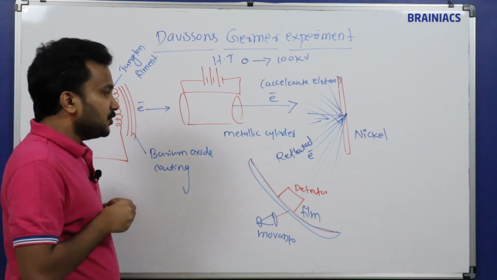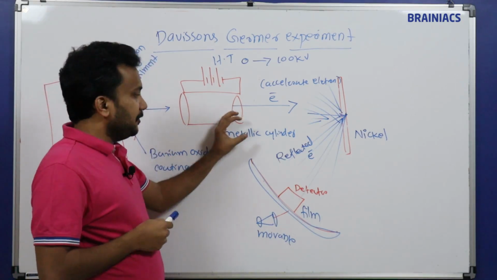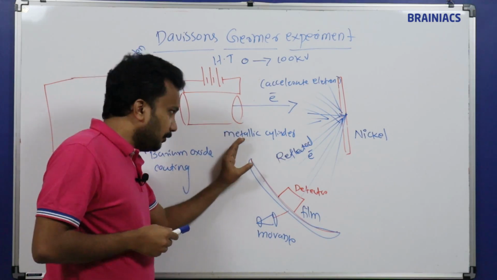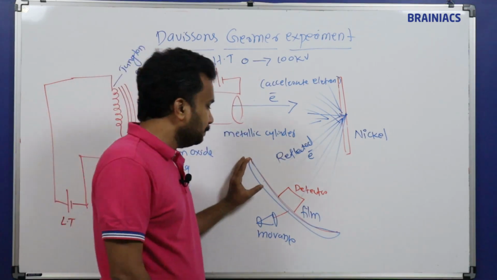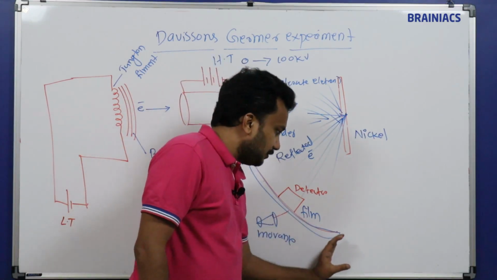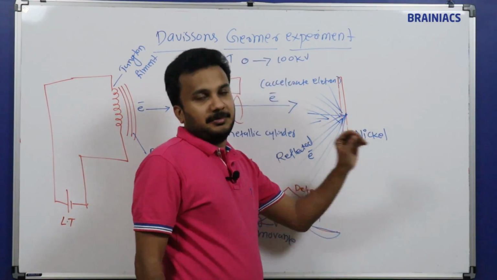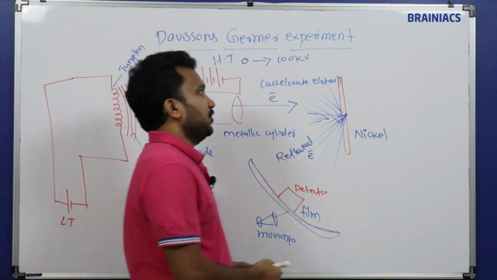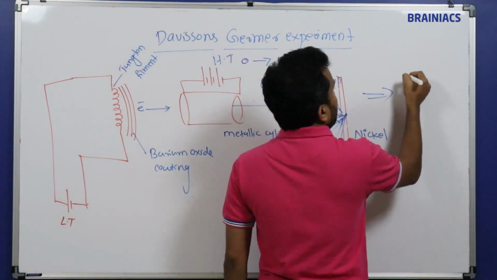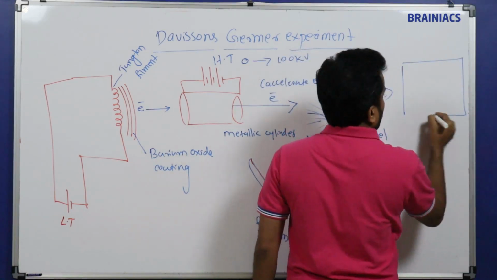That's the meaning. So what we have seen is, we place the detector here, slowly move it, electrons are coming from there, no problem. Slowly moved, and keep it, it will be here. So it will complete one rotation. If you complete one rotation, in that case, if you look into the film